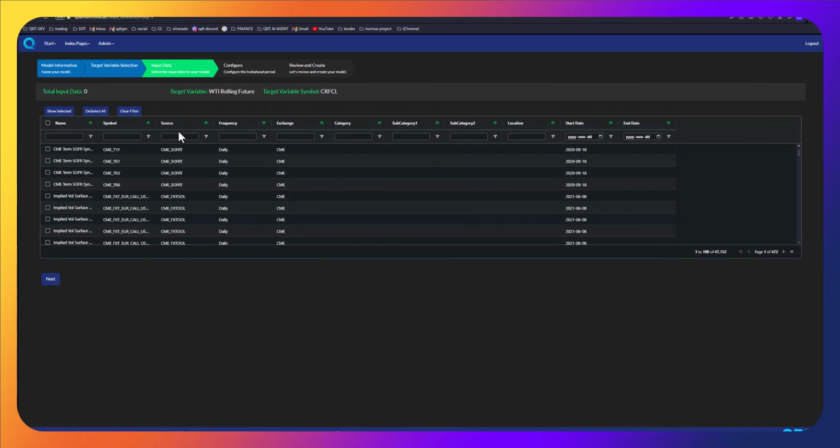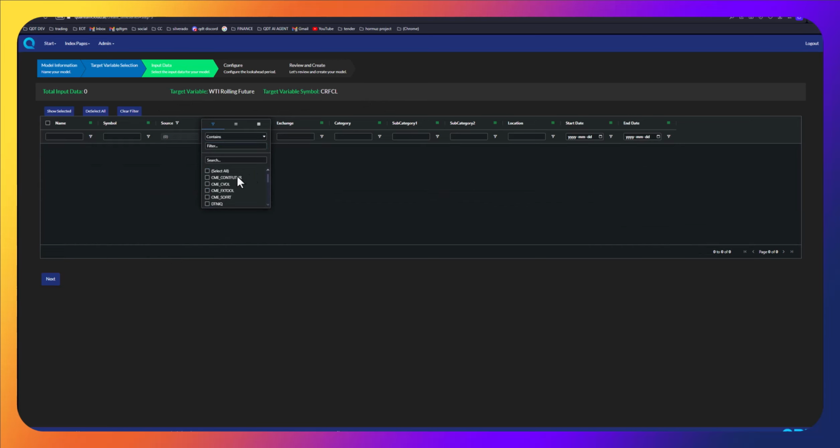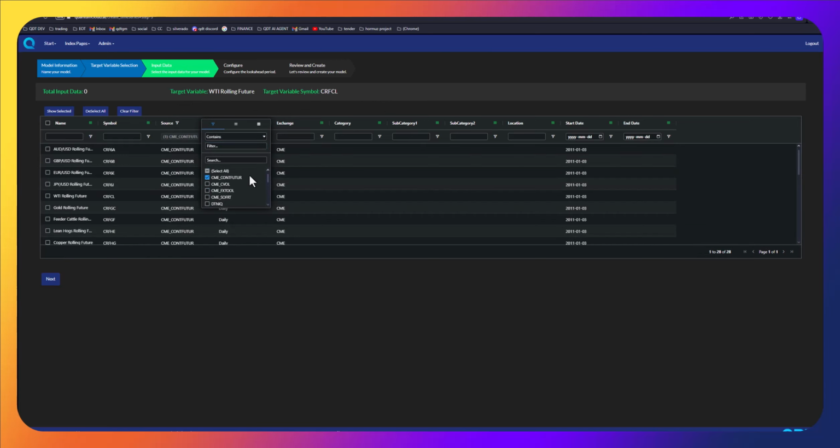Next, I need to choose the data that I want to use to forecast the model. And what I like to do is just come to source to make it nice and easy. I'm going to use the other continuous futures to forecast crude. I'm going to use CME CVOL data to forecast crude. I'm going to use CME FX data to forecast crude. I'm going to use term SOFR data to forecast crude. I'm also going to use commitment of traders, some headlines,